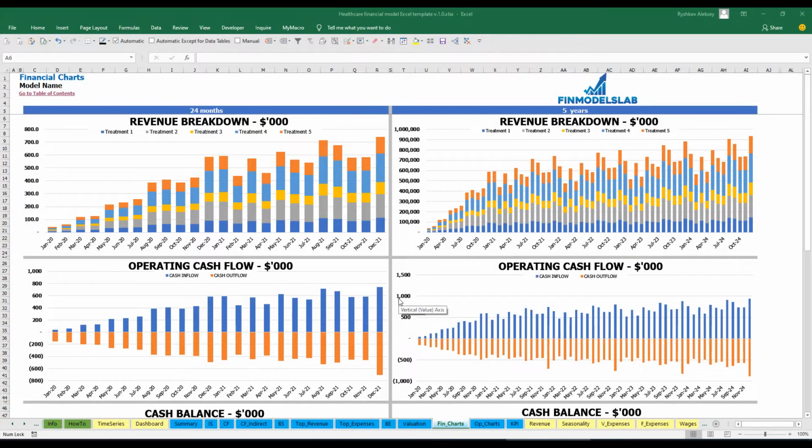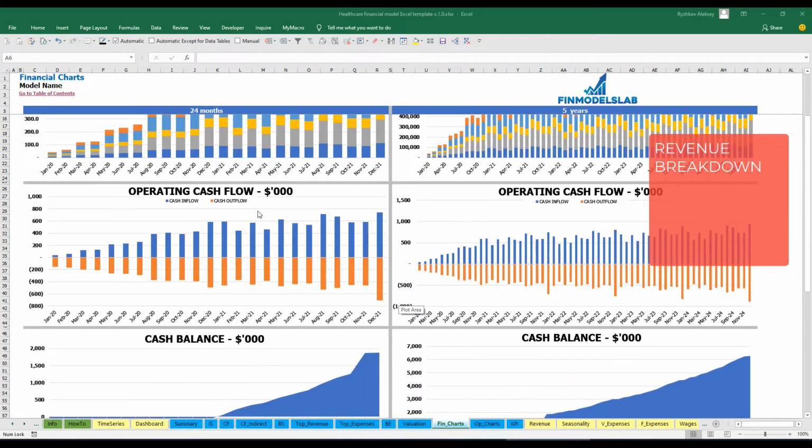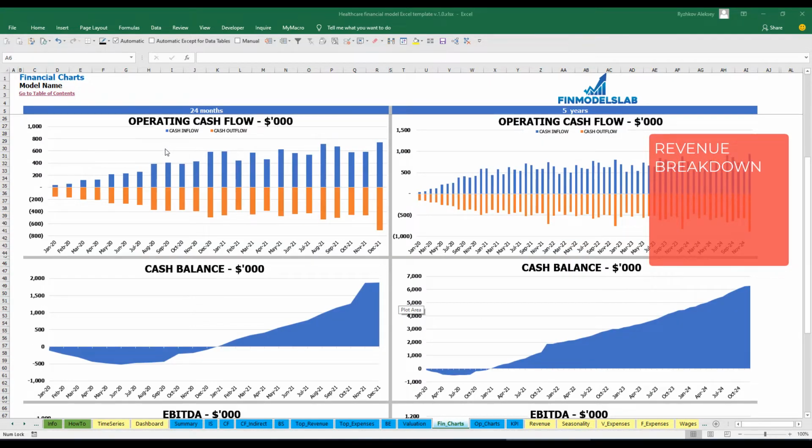On the Financial Charts tab, you may see two sets of charts, which are a 24 months period broken down by months and a 5 years period broken down by months. On the top set of charts, you may see the revenue breakdown by 5 treatment types for 24 months and for 5 years. The next set of charts will show you your cash inflow and cash outflow related to operating activities,